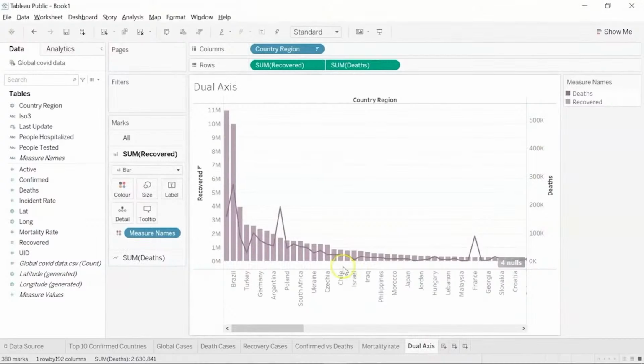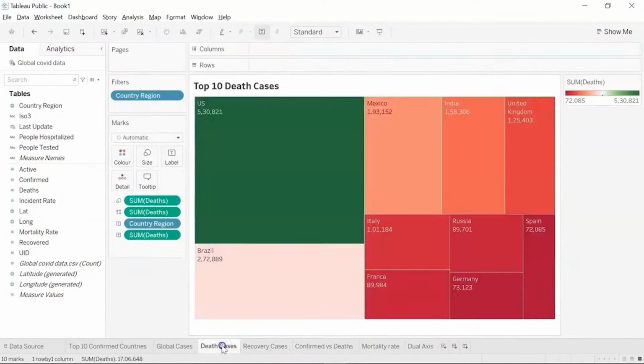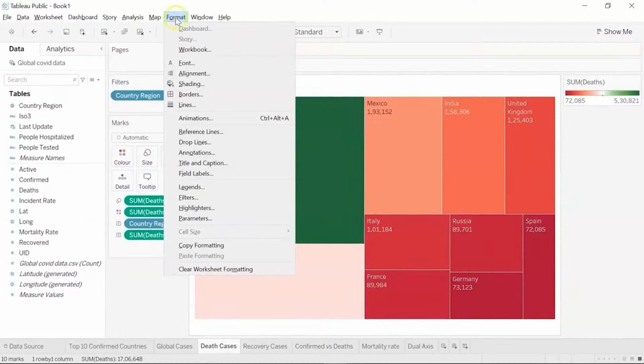Okay, now before we move ahead and create our final dashboard, I want to show you one more feature in Tableau, that is to format the labels. So you can see here, instead of writing 5,30,821, we can change this in terms of millions or thousands and write it as, let's say, 530k. To do that, what I'll do is I'll go to format, and here we have the option to select